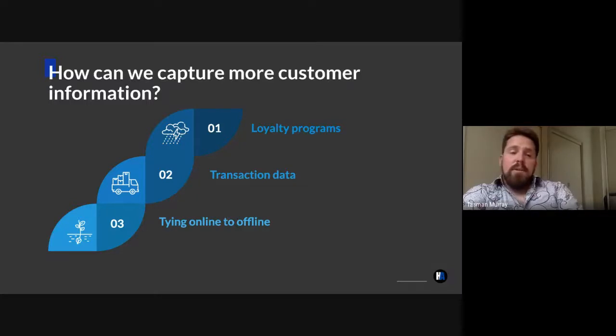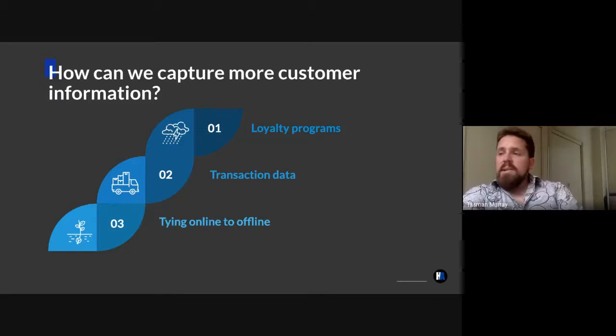Transaction data is another really useful one at the moment. Whether or not you can use that and how you can use that is going to change a bit with GDPR and the other regulations coming through. But if you have somebody's credit card data, you know where they're shopping, you know what they've been looking at, you know if they're making an online purchase or an offline purchase. And that kind of information can be really useful when you're trying to tie offline to online data as well. This is, I think, the biggest wall or the biggest gap that most companies have at the moment. They have some really valuable offline information and they're not using it with their online whatsoever.